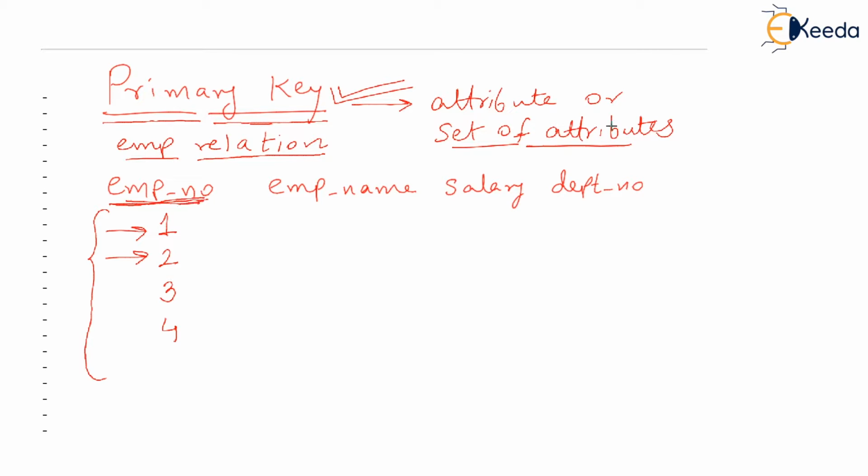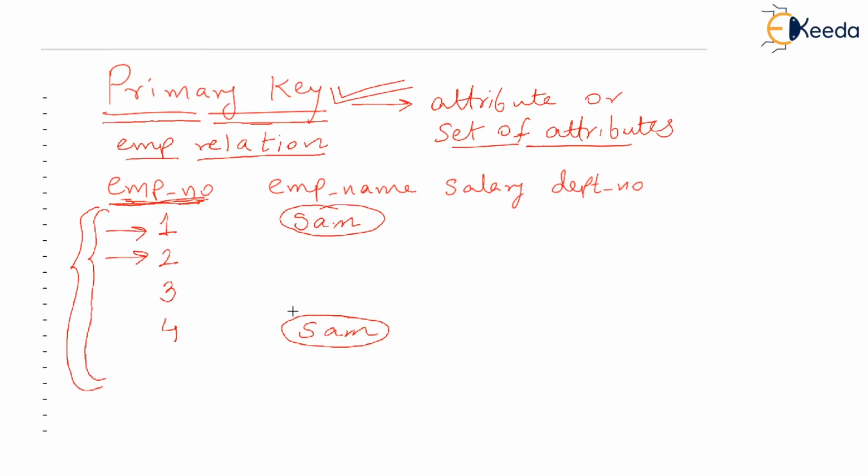We, the designers of the table, decide which among these columns should be the primary key. One might wonder why not EMP name, but there is a problem. There is a person called Sam whose employee number is 1, and in the same company there is another Sam whose employee number is 4. That means in the real world two people can really have same names, but we want such an attribute whose value should be unique throughout the table.